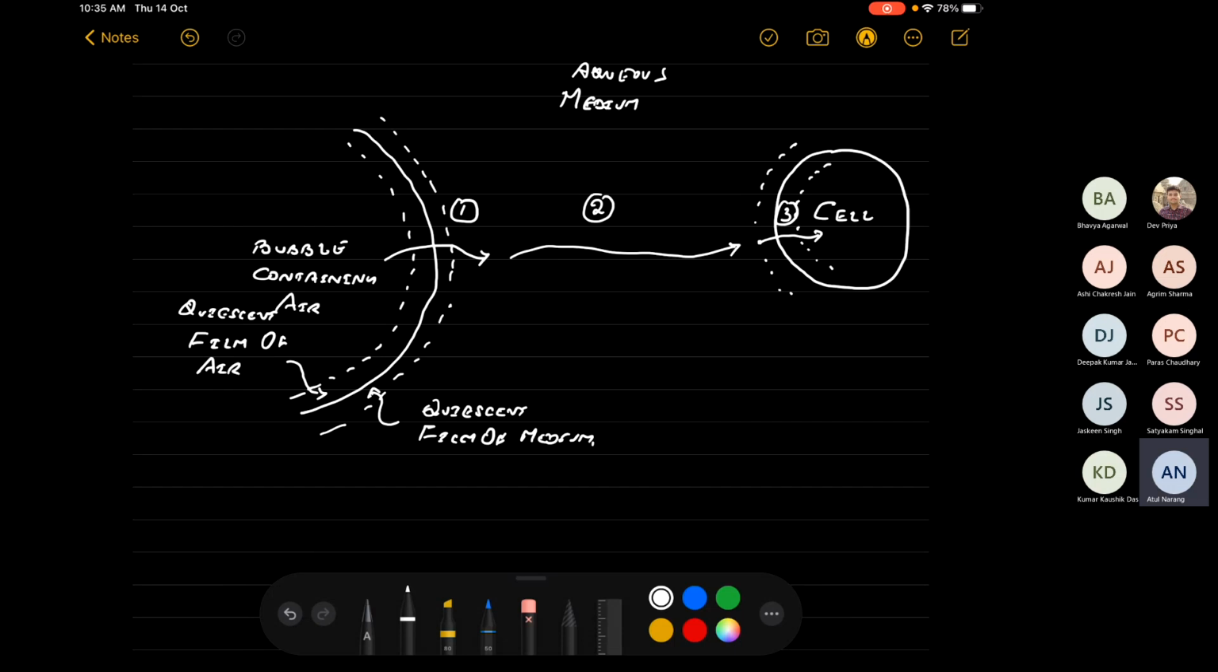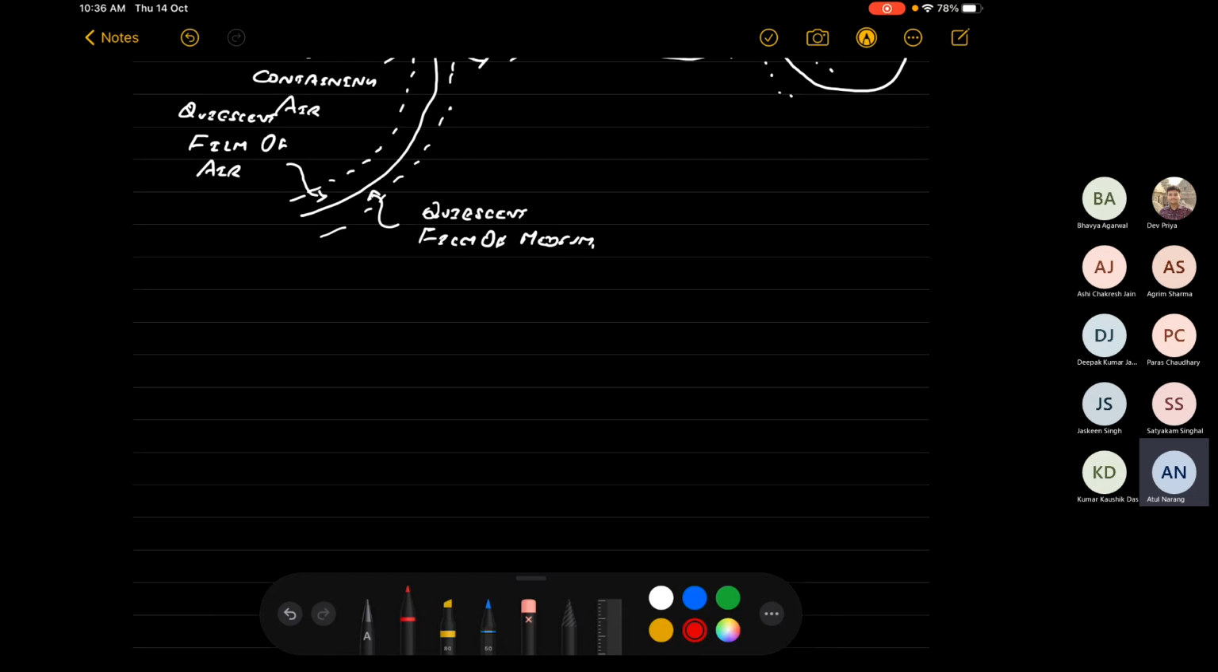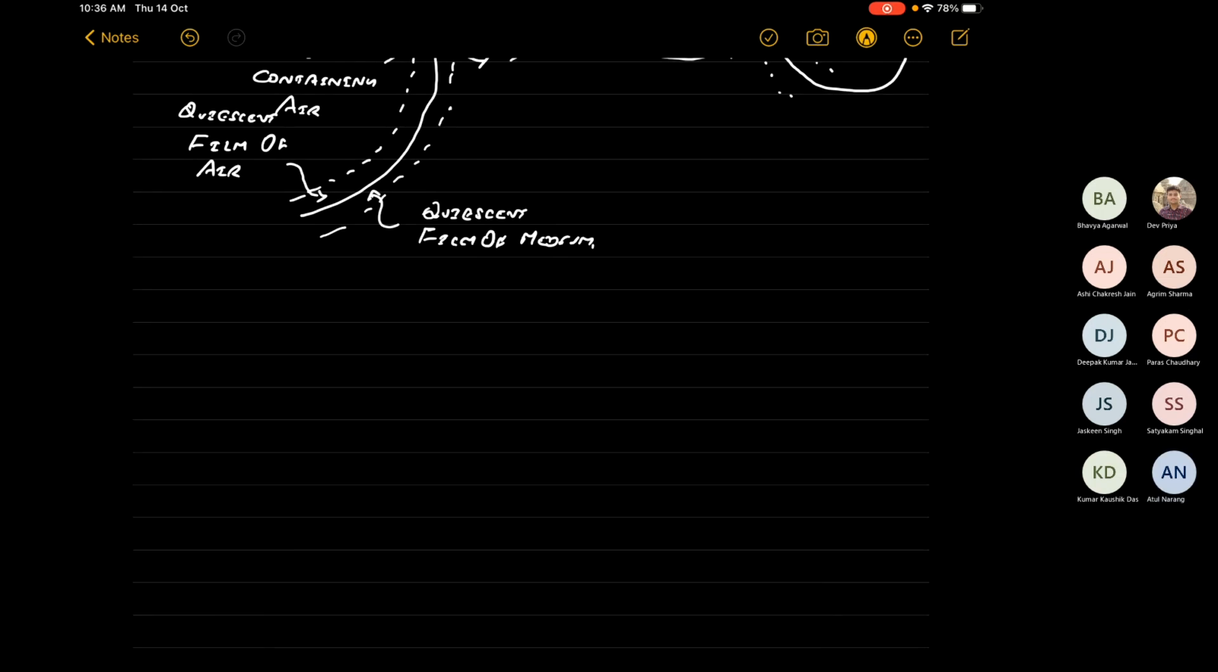Only phase one matters. Nothing else matters. And only this transfer matters. So let's actually note it down. Number one is interphase O2 transfer